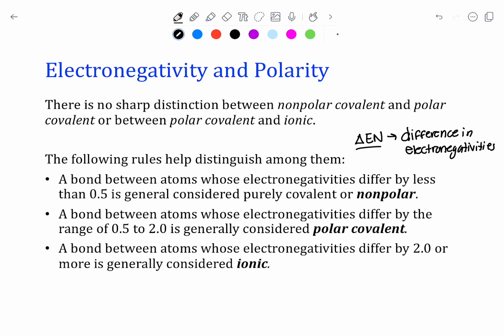If the bond is between atoms whose delta EN, again, differs by a range of 0.5 to 2.0, then they are typically polar covalent. Finally, if the bond is between two atoms whose electronegativities differ by 2 or more, this is generally considered ionic. Now there is an exception to that,